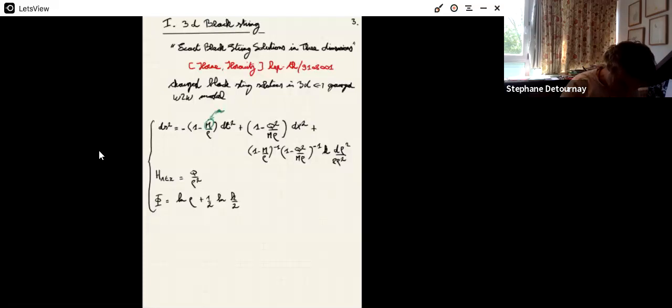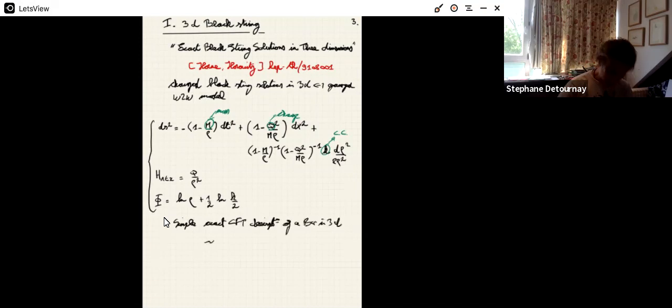In this solution, we have the mass of the black string, we have the charge of the black string, and we have K, the effective cosmological constant related to the AdS length. So this is the background. What was interesting about this solution is that it provided a simple exact CFT description of a background in 3 dimensions that was qualitatively really similar to the Reissner-Nordstrom black hole, the charged black hole